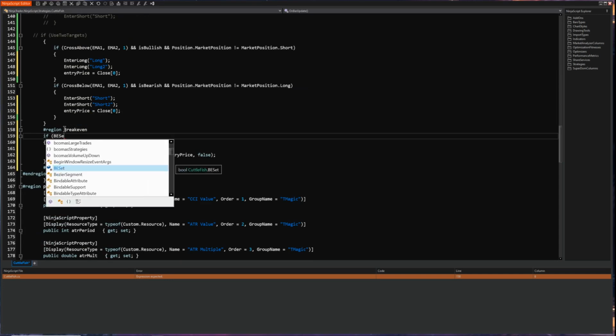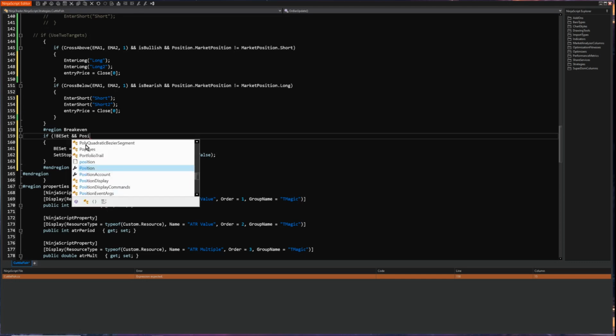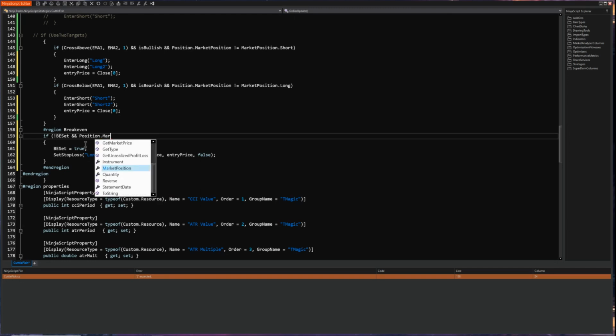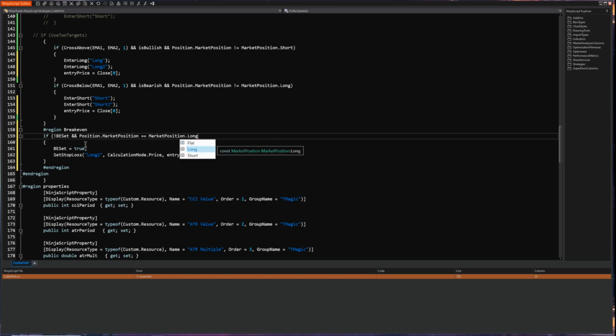If BE set is false and market position equals market position long,